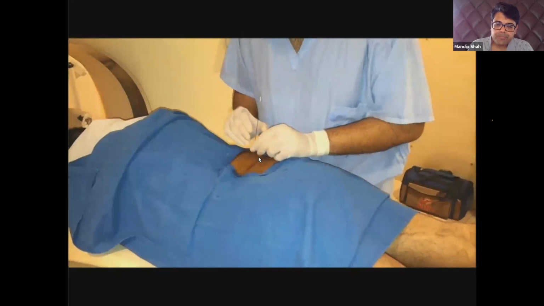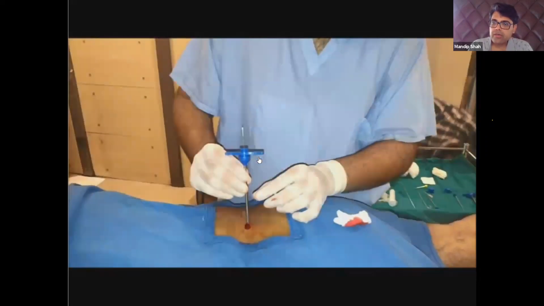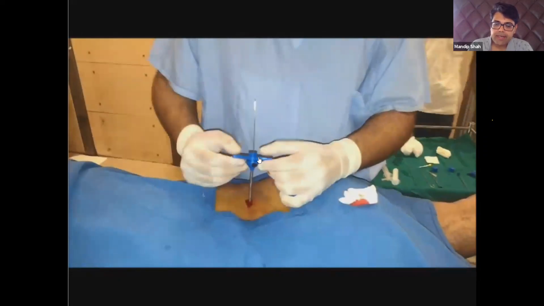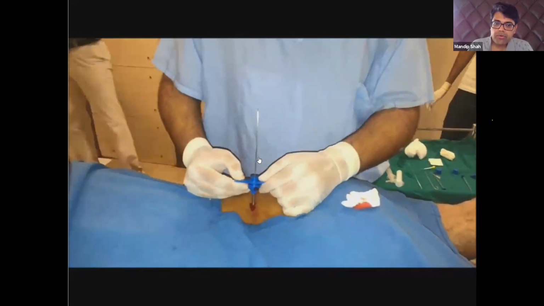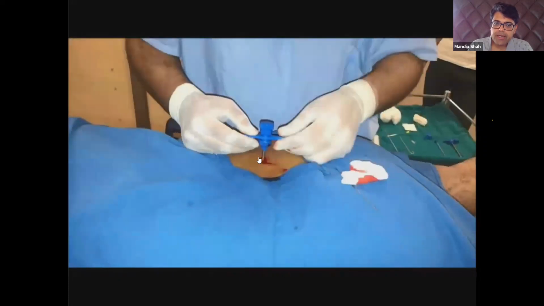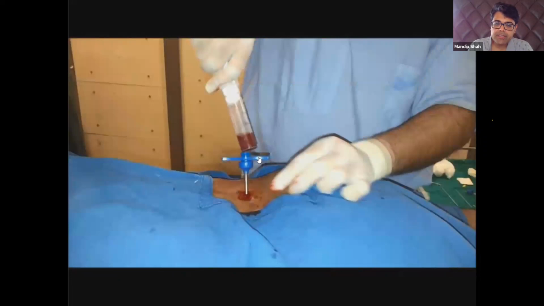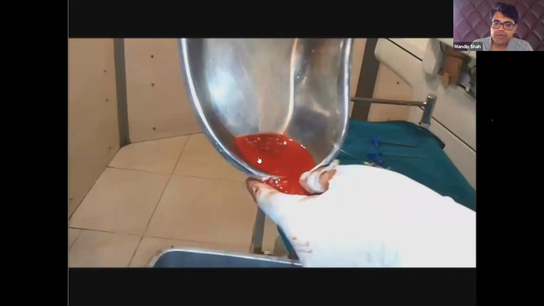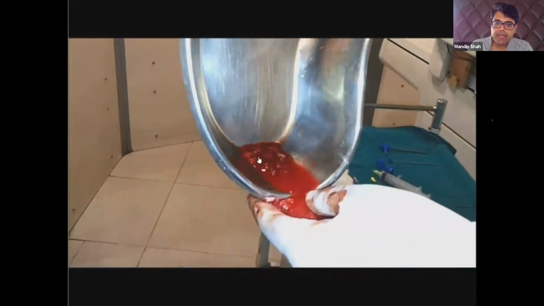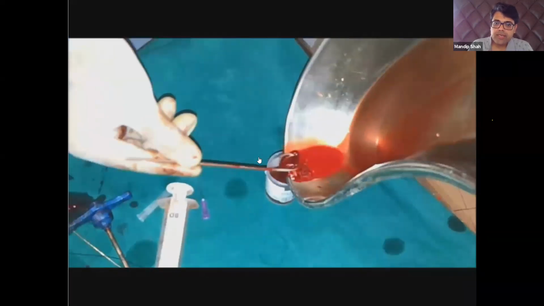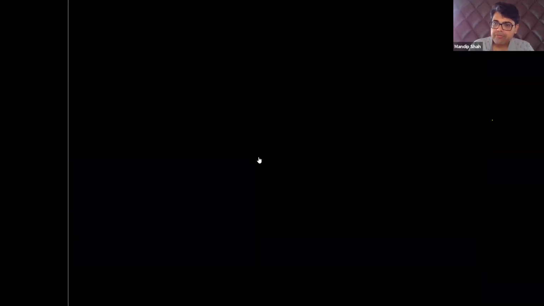You put your guide wire exactly at that area. You confirm with your CT scan that your guide wire is in that area. On that guide wire, you put your Jamshidi needle inside and advance it into the lesion. Again, do the scan and confirm that the needle has gone inside. And then with a hyperionized syringe, you can do a to and fro movement and get this kind of material. Even CT scan guided biopsies are very, very safe and effective.